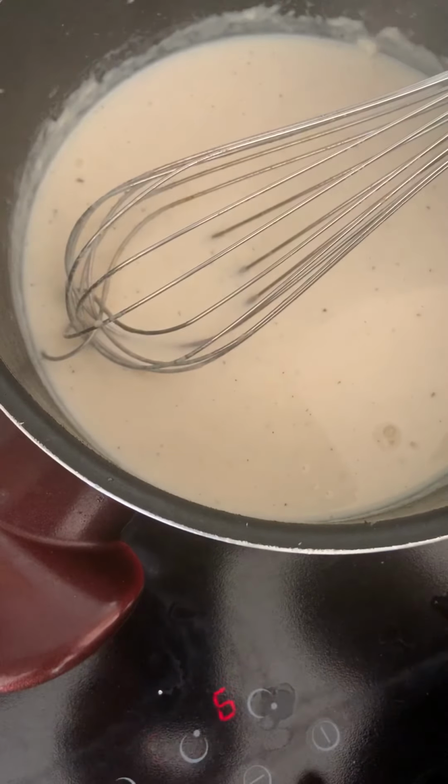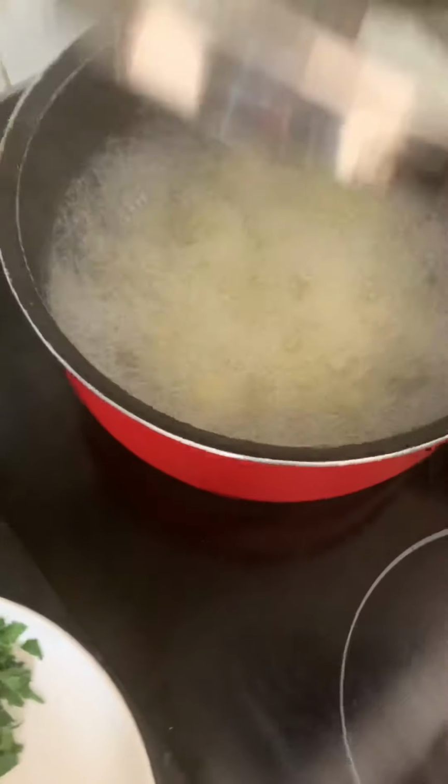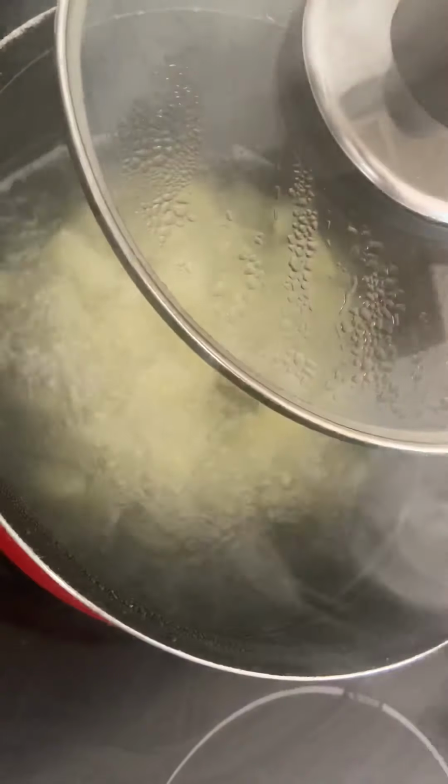Might turn that up just a little bit, just to let it thicken a bit quicker. And in the meantime, let's just check on our potatoes. So they're boiling nicely. 1 potato? 3 potatoes. So